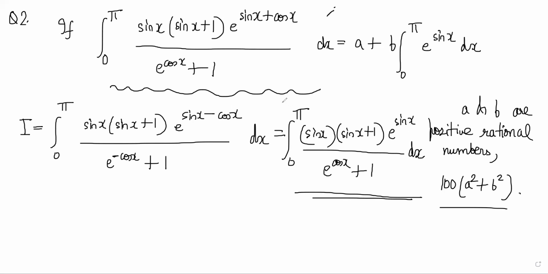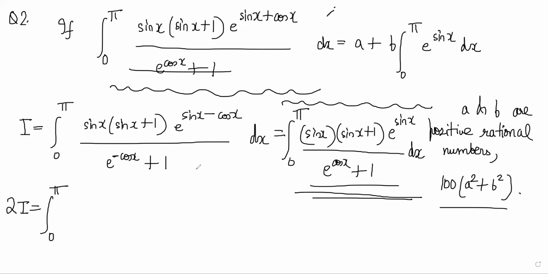Whenever you get things like this, it is useful to add both the versions. So 2I, right? This is I, this is also I. Add them. 2I should be